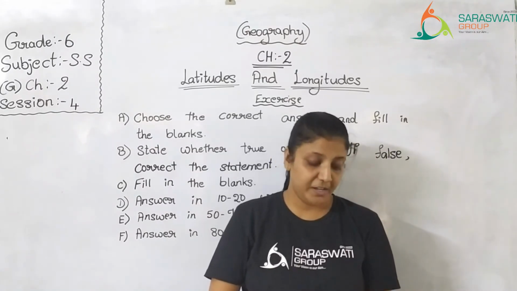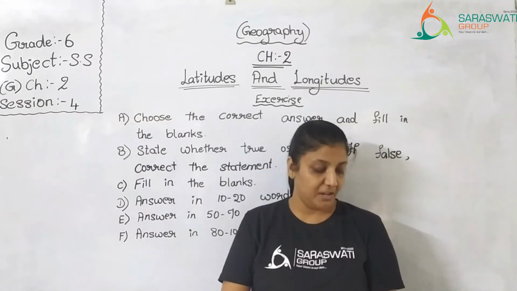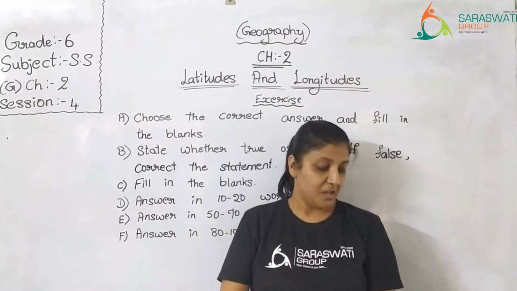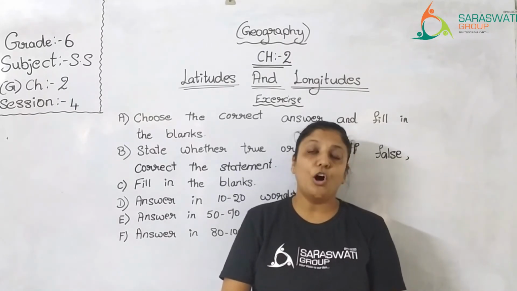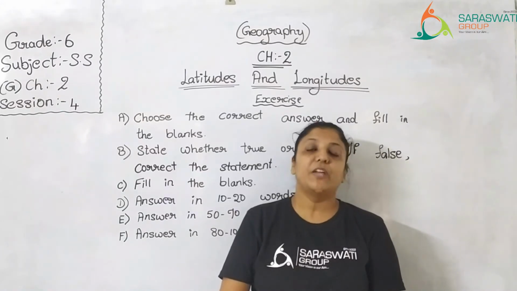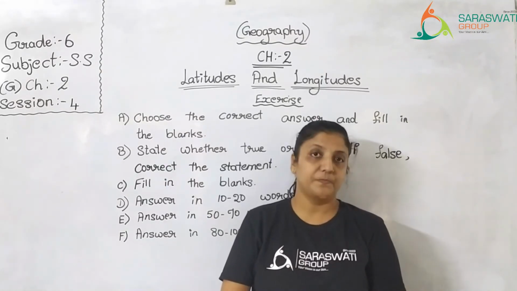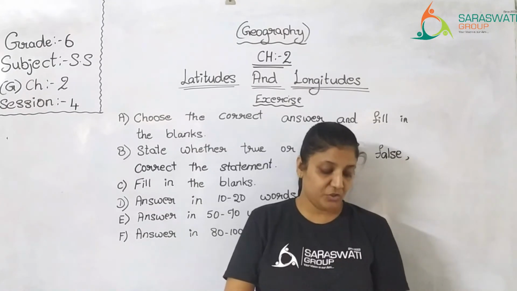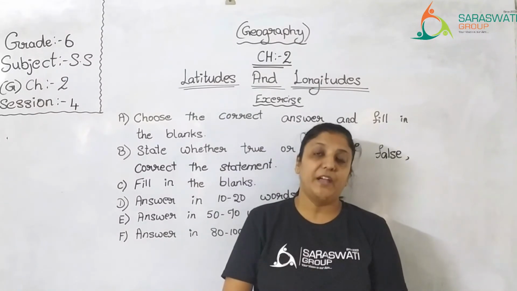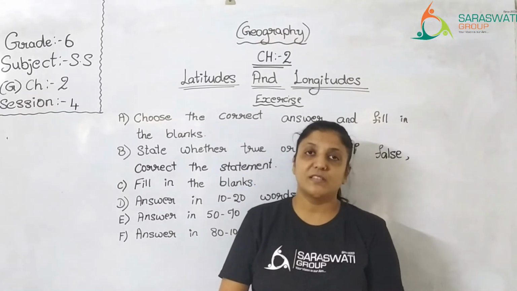IST or Indian Standard Time is the local time for the standard meridian of India, which passes through Allahabad. This time is followed all over the country. The difference in time between IST and GMT is 5.5 hours. As our country is to the east of Greenwich, our standard time is 5.5 hours ahead of GMT. So this is the answer.